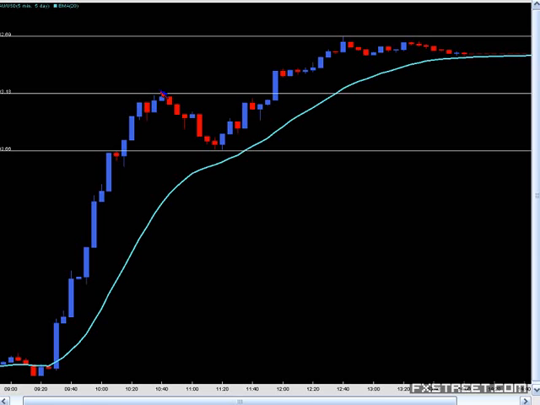And there is a very good chance that the market is going to pull back to this level. It's what I often call a gravity point of sorts. We talked about this the last time. So I'm looking for the market to pull back to this level. If it does, I'm going to be a buyer.